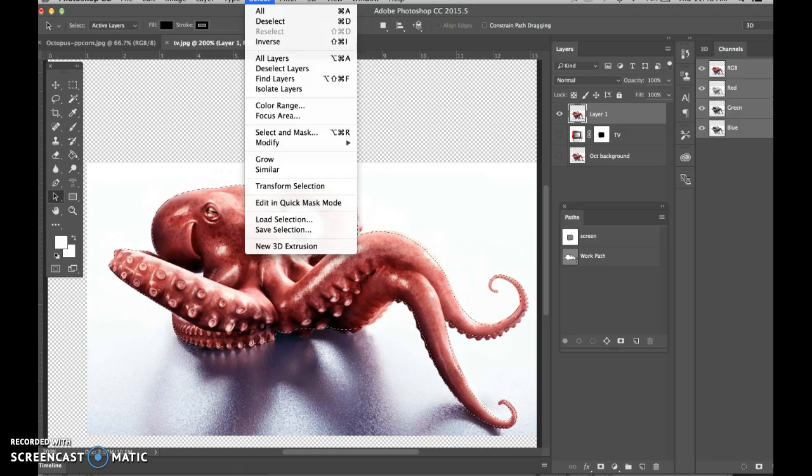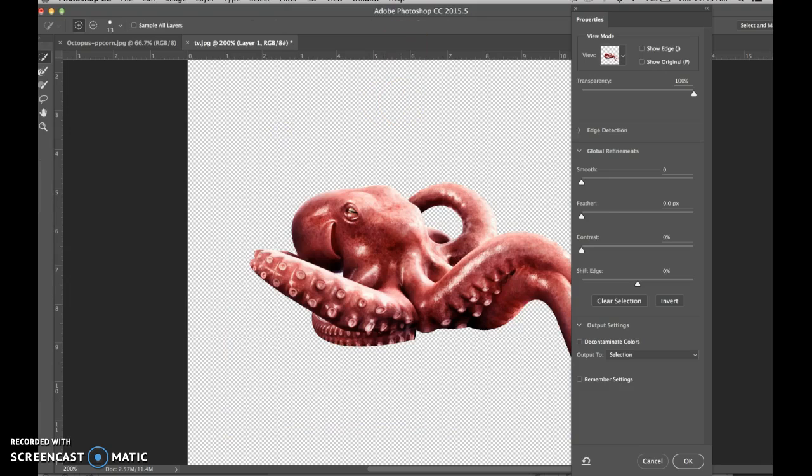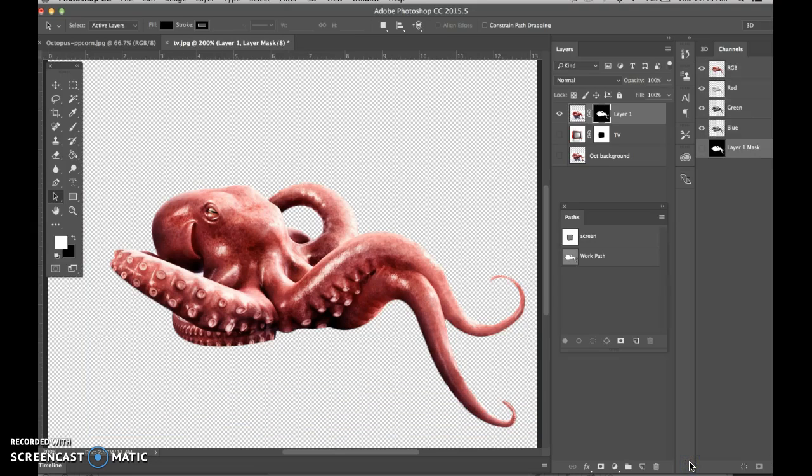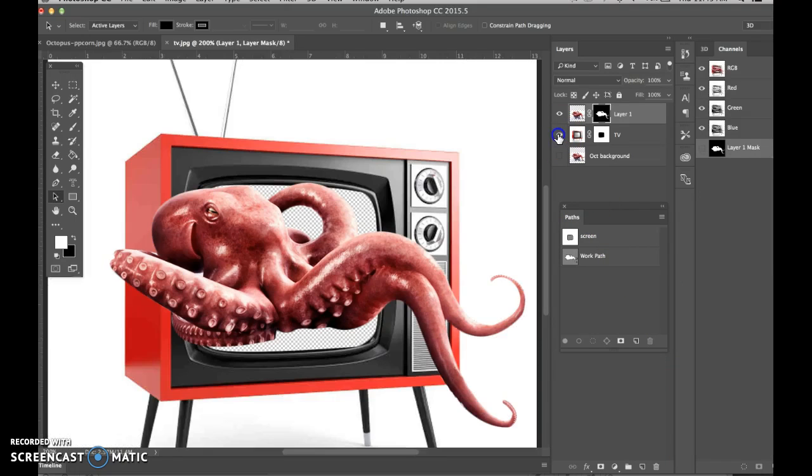Go back to Select, Select and Mask, and cut this now out appropriately with a little bit of smoothing. I like a little, and 0.2 feathering. Don't do too much more than that. And then output again to new layer, or to, excuse me, layer mask. And then click OK. So now we've got that beautifully cut out. The end result then is we've got